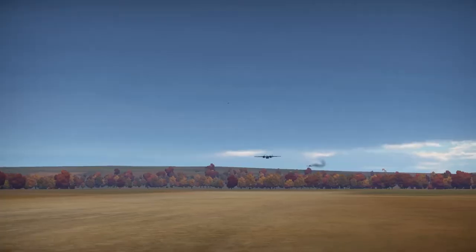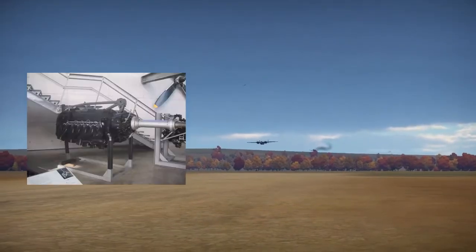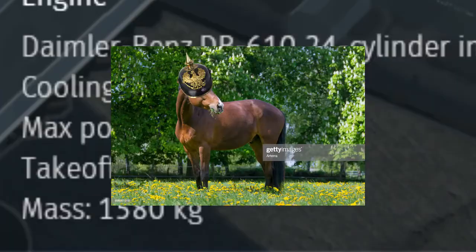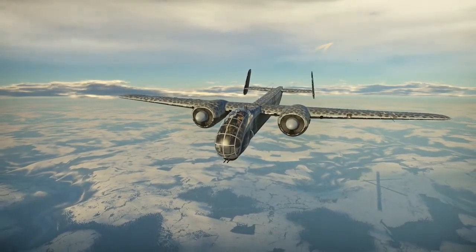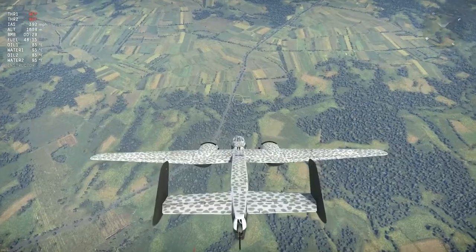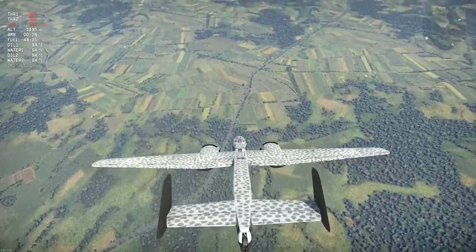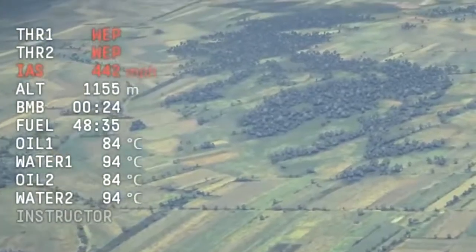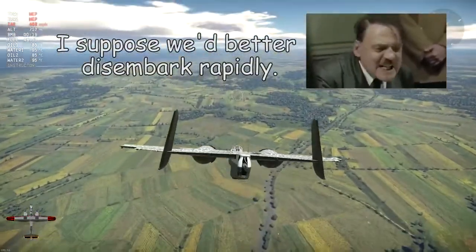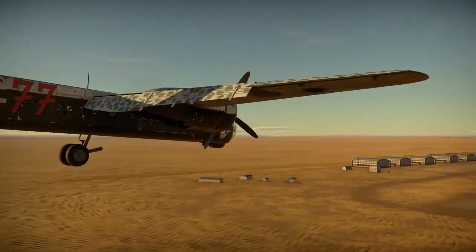So, how's the performance? The Junkers has two DB610 engines with a combined maximum power of 5,688 Prussian Chad horses, meaning it can outrun pretty much anything it will face, and is good for diving away from an engagement. The only real problem is that the maximum dive speed is a little over 400 miles per hour. So it's sometimes a good idea to cut the engines to save overheating, or use the air brakes in an